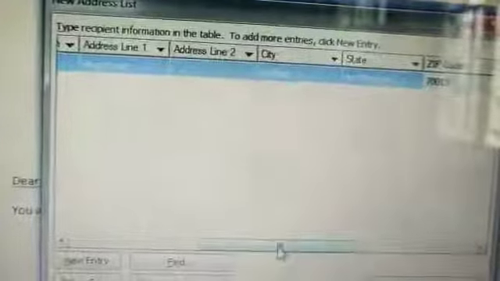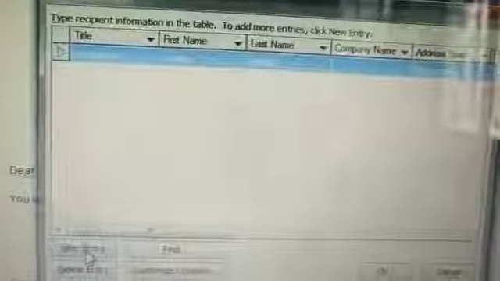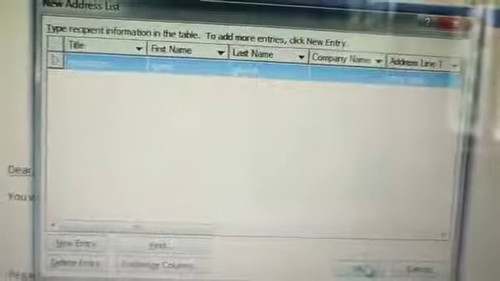See, in this way we can add the complete details of the first recipient. If you want to add more, you can click on New Entry. In this way you can create your new address list. Click OK.